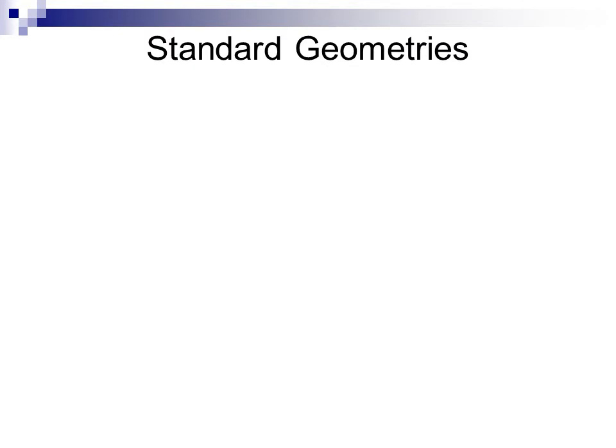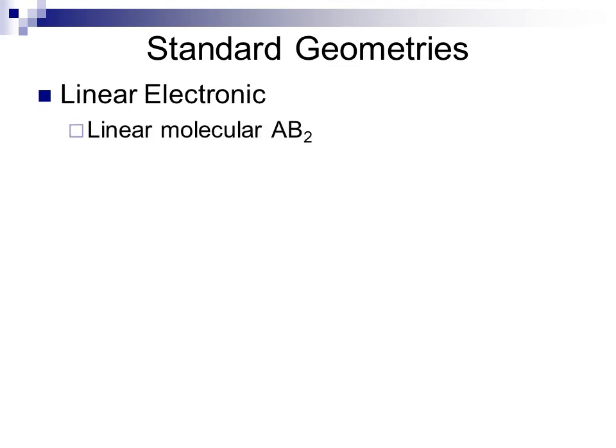So looking at the different standard geometries that we have, not including the octet exceptions, which would be something we discuss in a different setting, we have the linear electronic geometry, which has a molecular geometry of AB2. If I remove one of those bonding pairs and make an unshared pair out of the electron density, then I have 2 atoms and I can no longer apply VSEPR theory. So the only geometry that I can get from a linear molecule with 2 bonding regions, or 2 density regions,